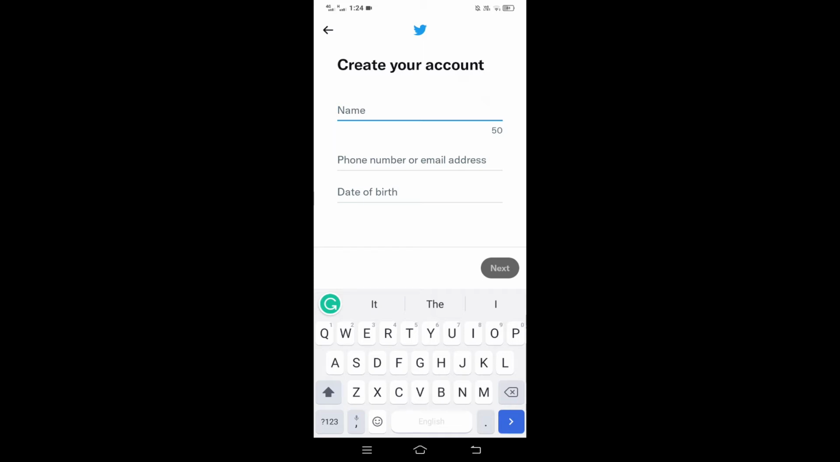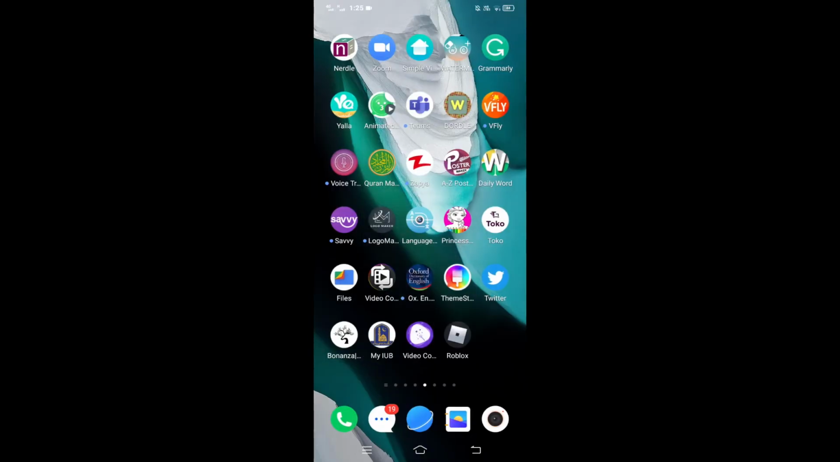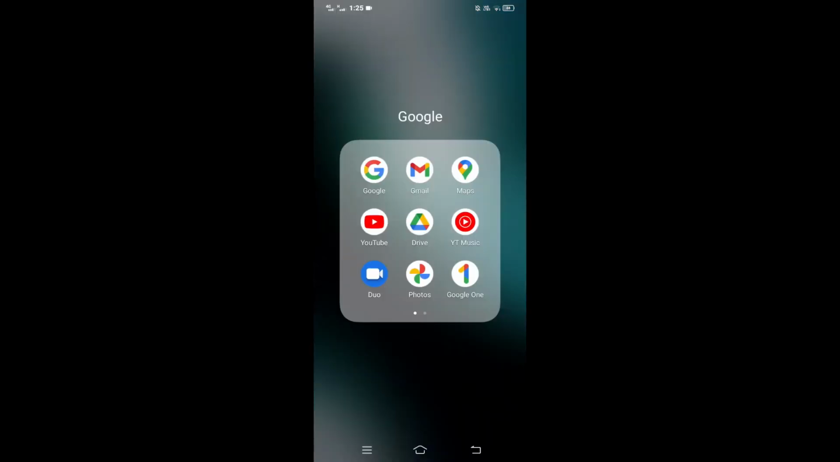Now let's imagine you have done that too, and you don't have access to your email, and you don't even have access to the mobile number linked to your account. Here are the steps you can take next. We are going to exit out of Twitter right now and go to Google Chrome or whatever browser you are using,